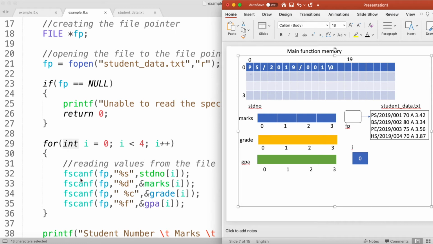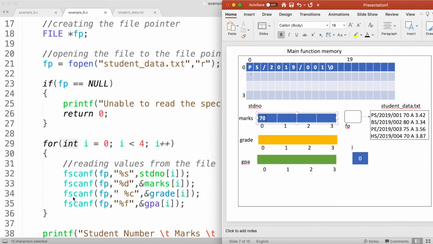After executing that statement, what is the next statement? The next statement is also an if scanf. I'm going to read the integer value and save it into the marks I location. Right now I is 0, so the marks I location will be 0. So I'm going to store the first student's marks, that is 70, into this memory location.